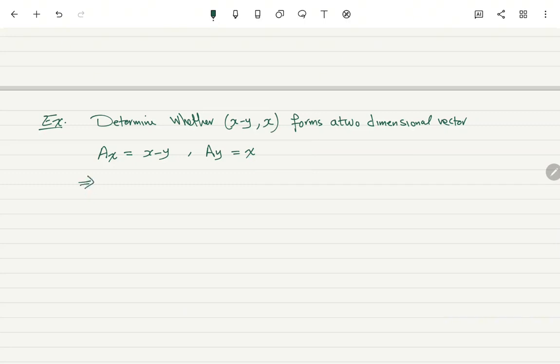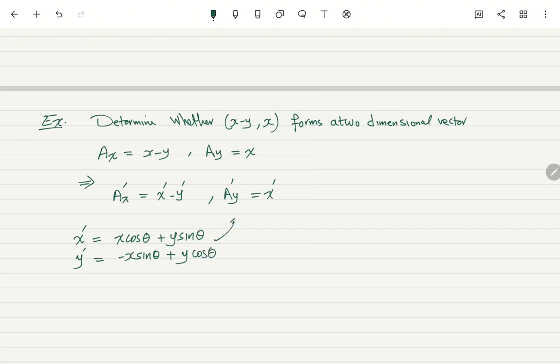So in this case, ax prime equal to x prime minus y prime, and ay prime equal to x prime. And remember, x prime equal to x cosine theta plus y sine theta, and y prime equal to minus x sine theta plus y cosine theta. If we substitute this back in, we will get